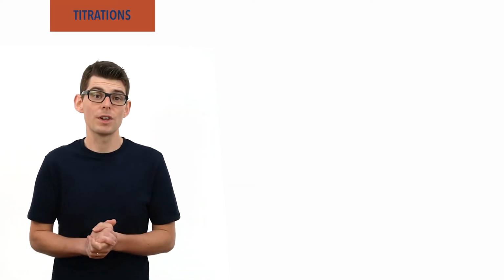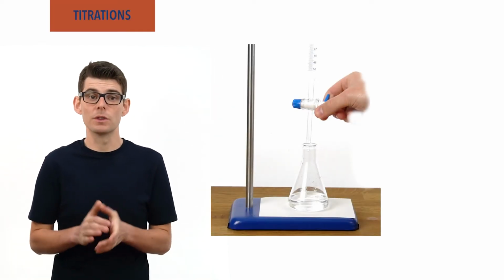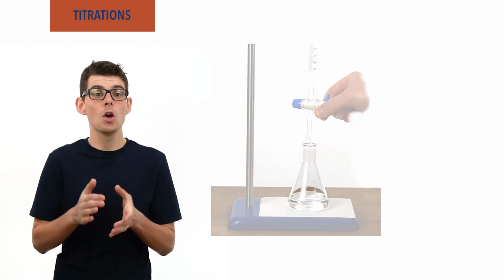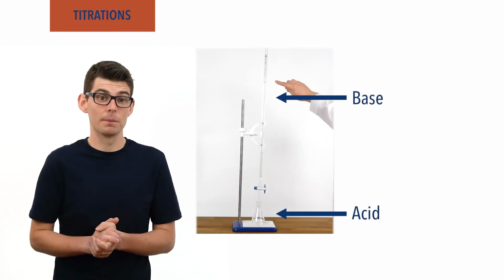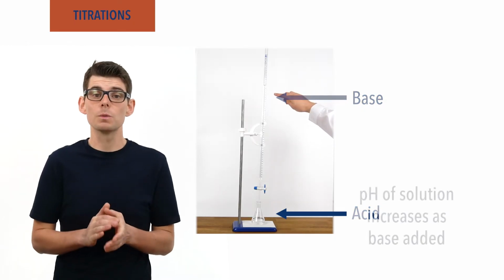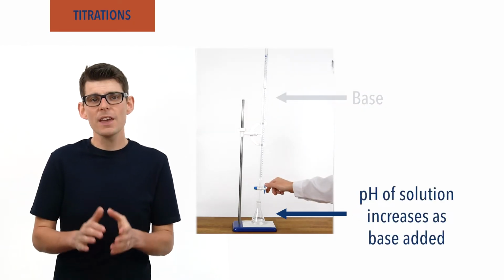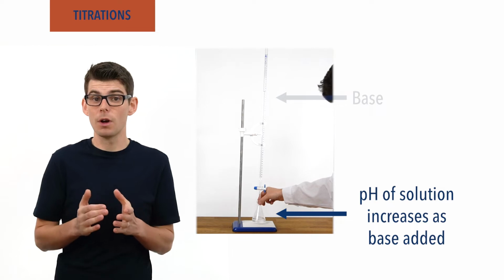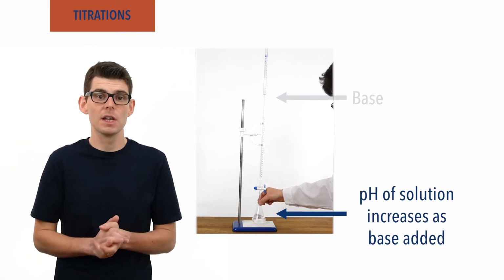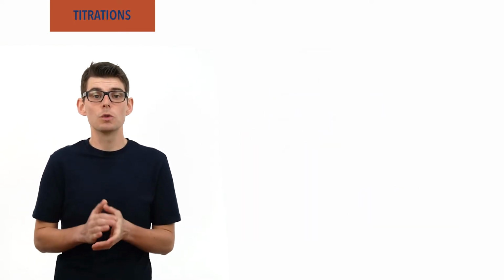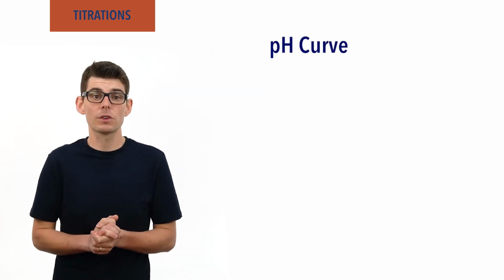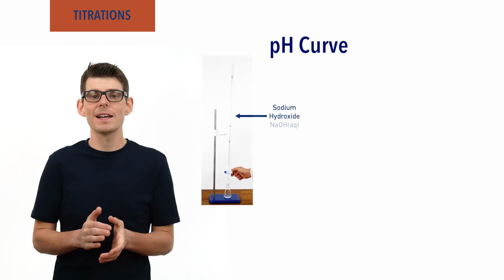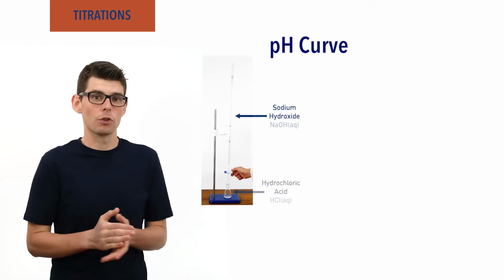Recap done? Let's go! During a titration, the pH of the solution in the conical flask or beaker will change. As a base is added to an acid, for example, the pH of the solution will increase. If we actually measure and plot a graph to show how the pH changes, we get an interesting shape called a pH curve. For example, if sodium hydroxide, a strong base, is added to hydrochloric acid, a strong acid, the